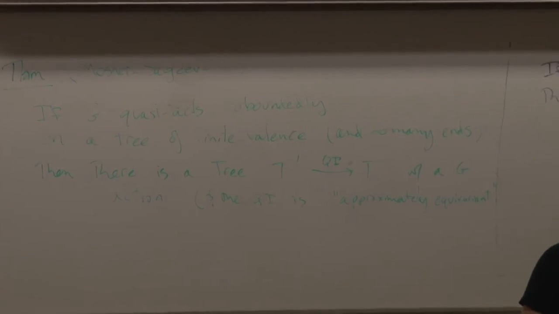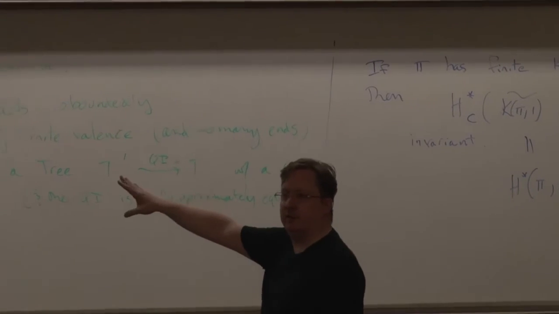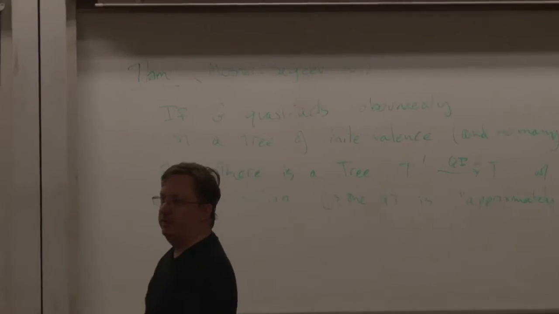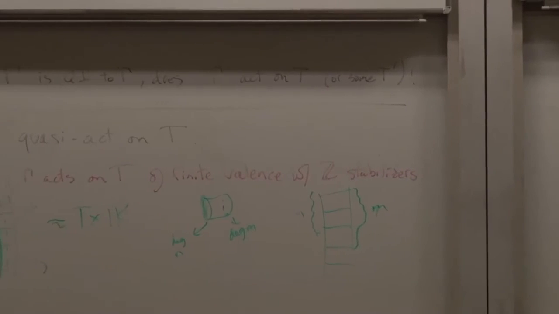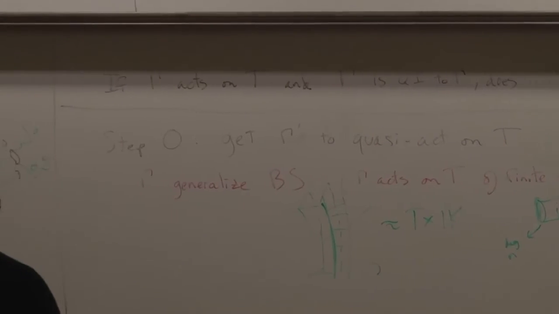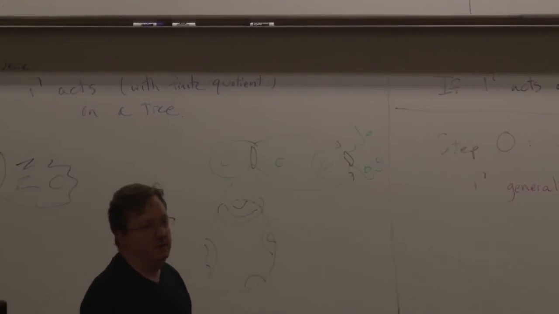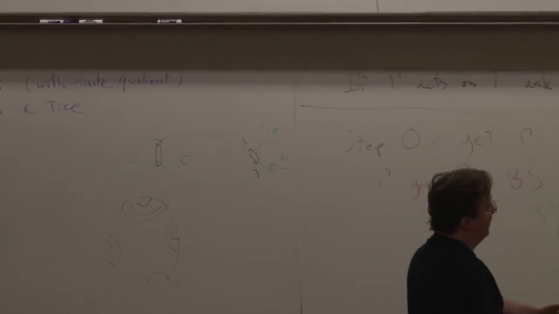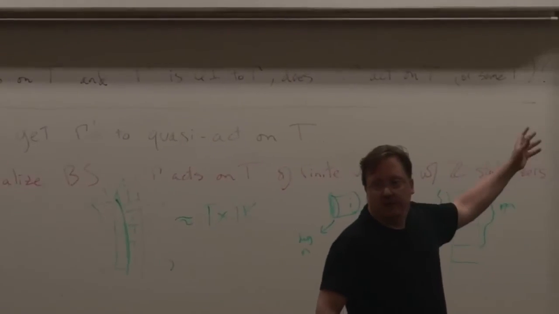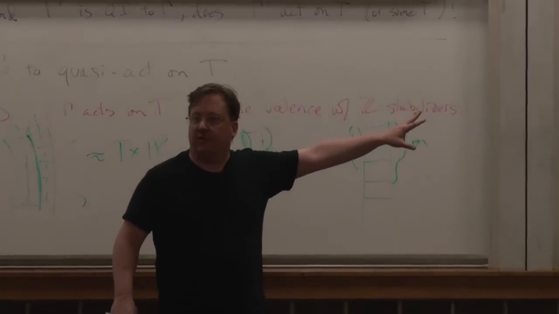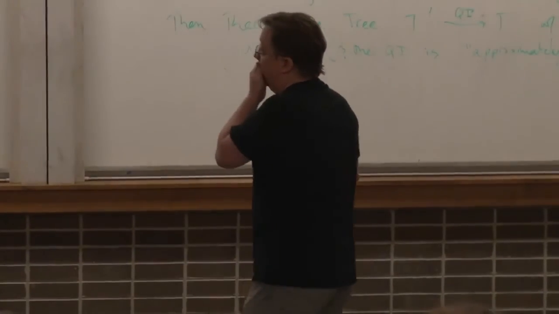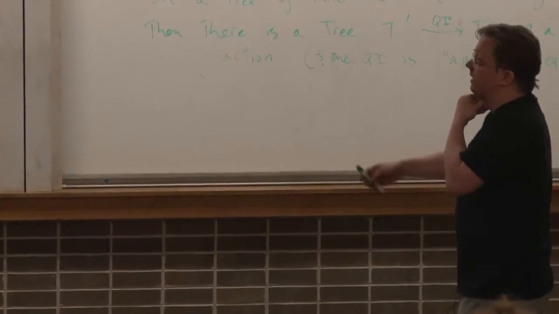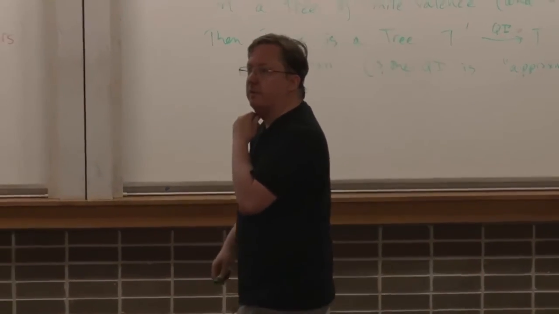So if you have a tree like the ones that come up for these generalized Baumslag-Solitar groups, which is itself a locally compact proper geodesic metric space, which more or less means we can only have finitely many edges at each vertex, then in fact anything quasi-acting on it can be made to act on a slightly different tree. Okay. This really leans heavily on the proof of Stallings' theorem.